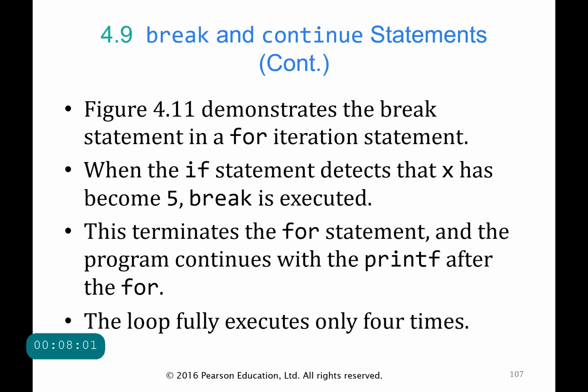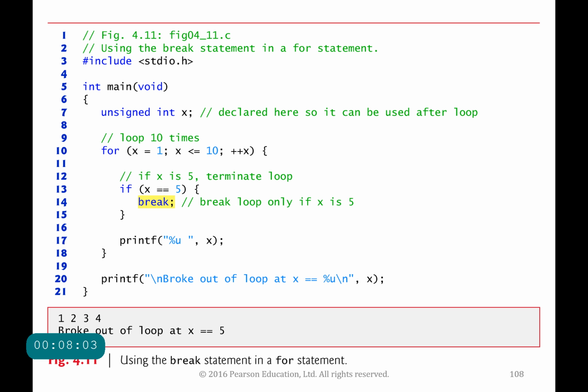So let's look at an example which is in figure 5. So what do we have? We have an unsigned integer x. We are looping or controlling a for loop using the variable x, starting from the value 1 and going up to 10. And then within that for loop, we have a break statement, and this break statement will be encountered, or your program will actually see this break statement if x is equal to 5,